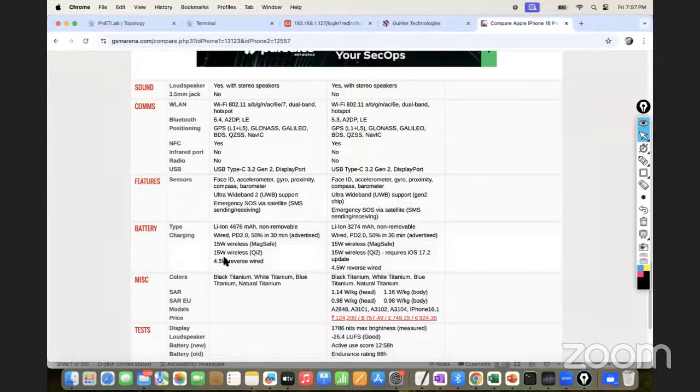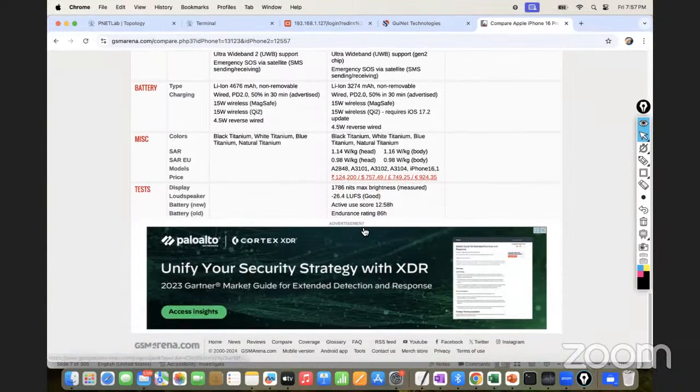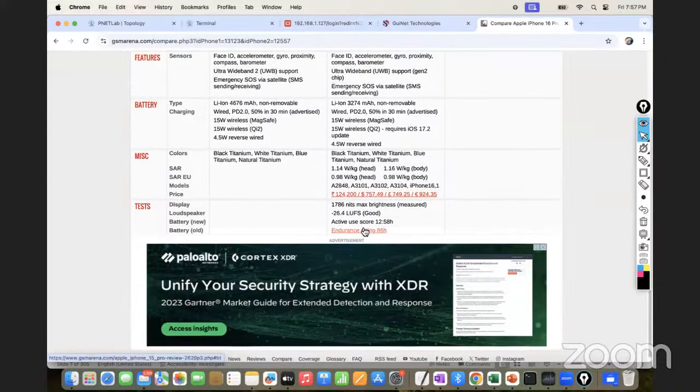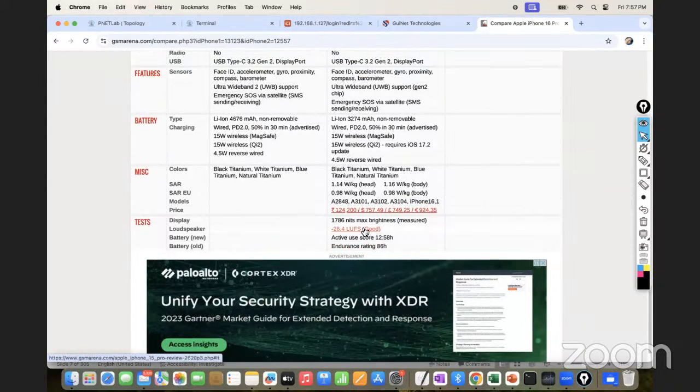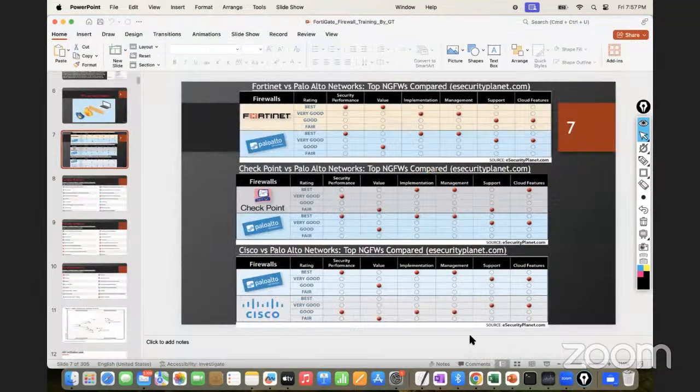In this particular one, we have the battery, like it is going to 50 and 30 minutes, the same time of the battery. This one has 4676 mAh and this one a 3274 battery. So this kind of test you can see and do the comparison, right, for the mobile phones. Someone is also available in the market who also does the research for firewalls